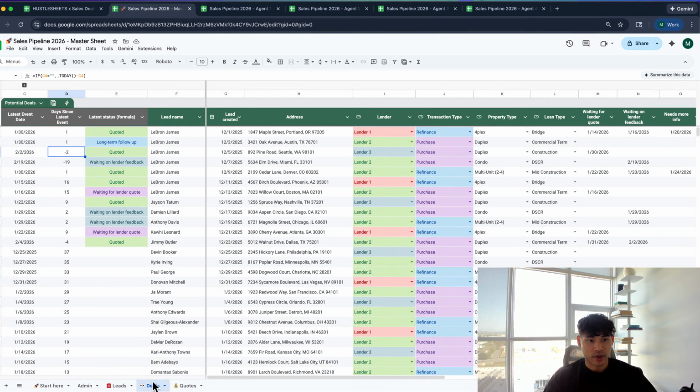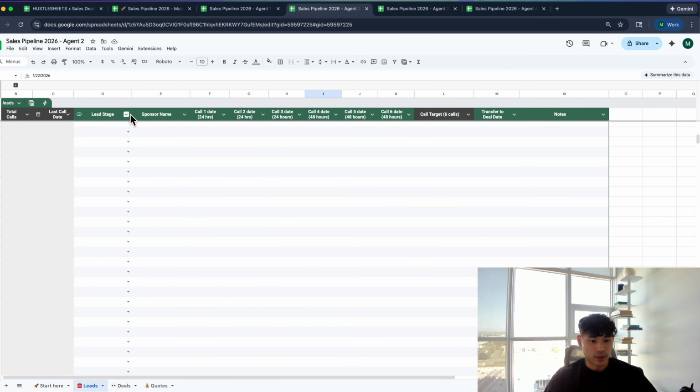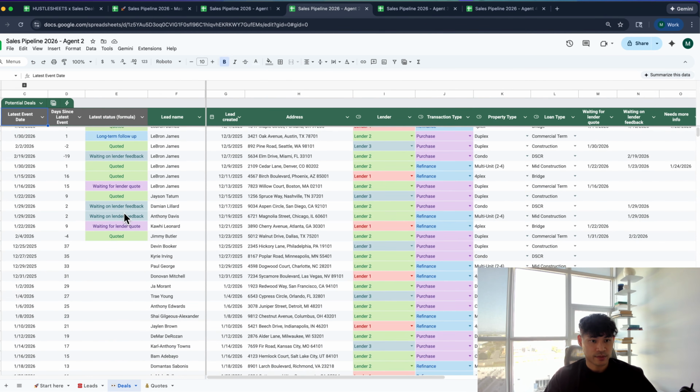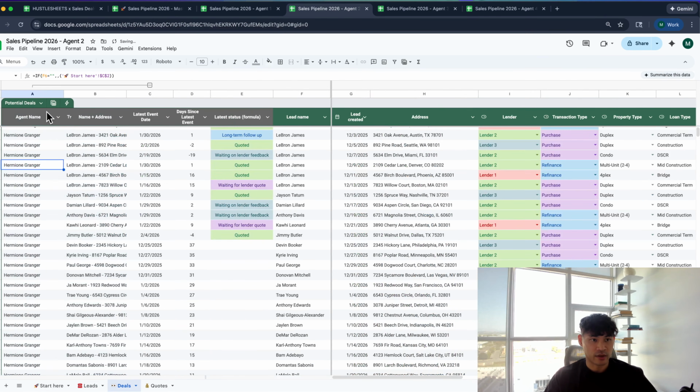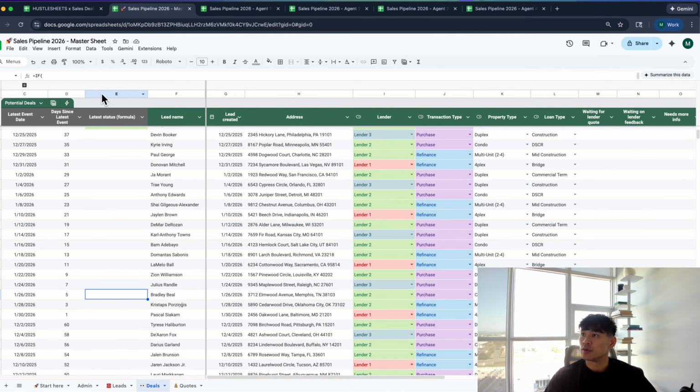For right now, I'm gonna get the deals in because the deals is a bit more exciting because we have a lot more data to work with, okay? So if I go into everyone's deals, it will be different because everyone has a different name because of that formula that we wrote. So what we're going to do now is